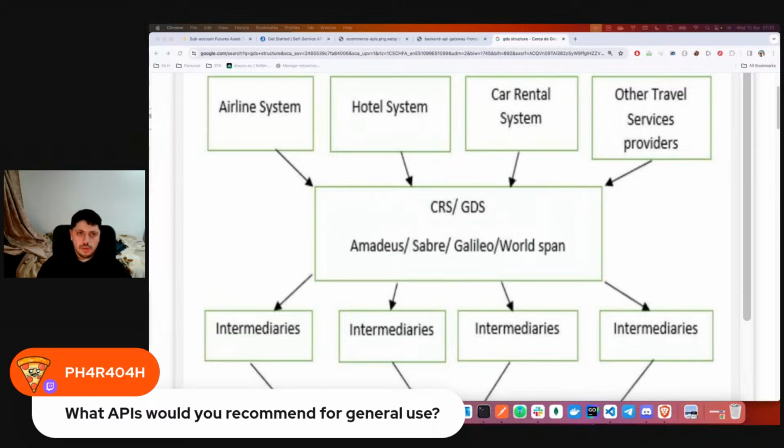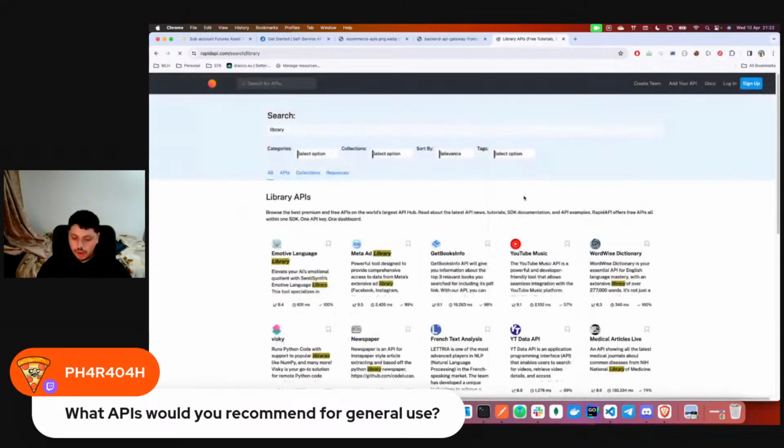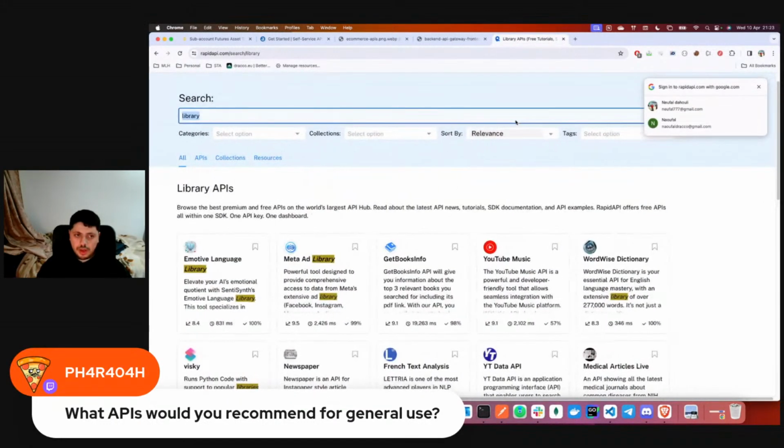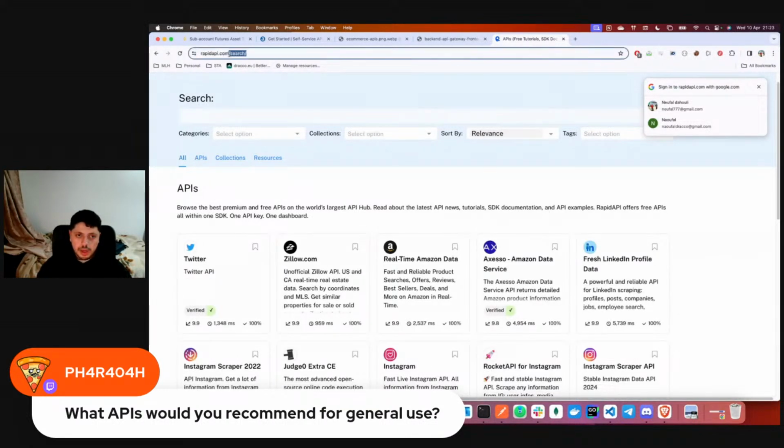I think it's this one. Okay, so there's this website. Do you know it? It's called Rapid API.